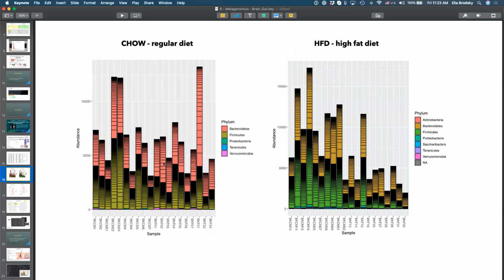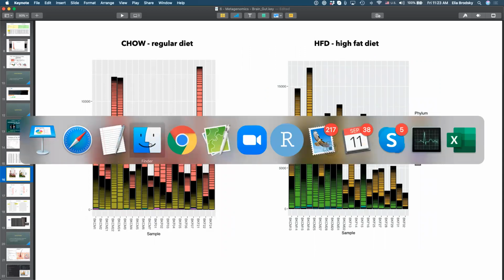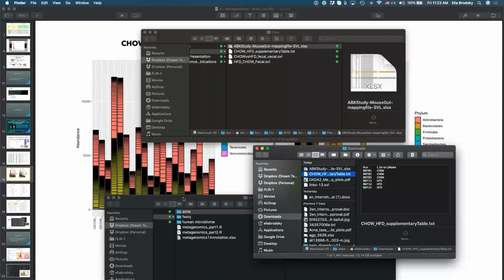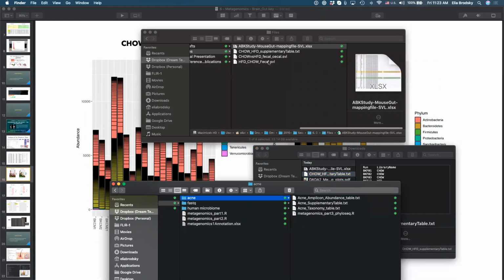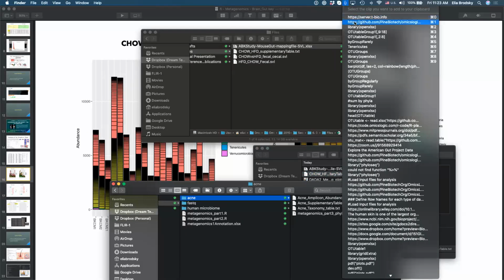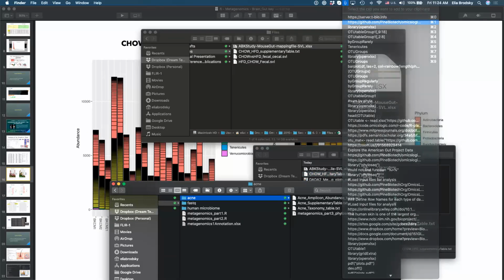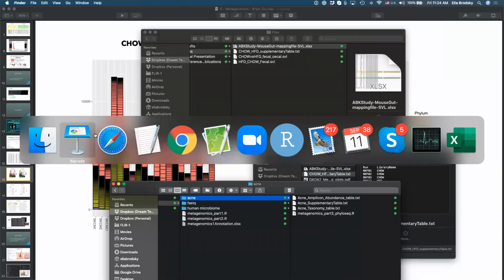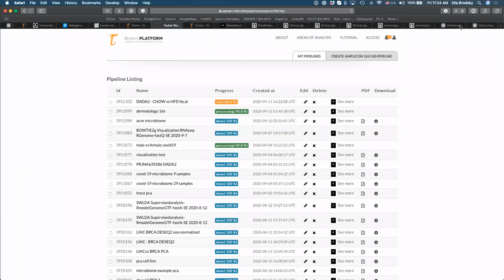So this is, by the way, a different number of samples that I wanted to give you to practice what we did today. The links on GitHub that I gave you earlier are links to files from the same project, but comparing fecal and cecal samples.